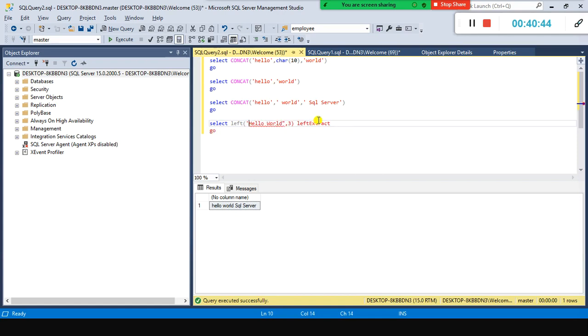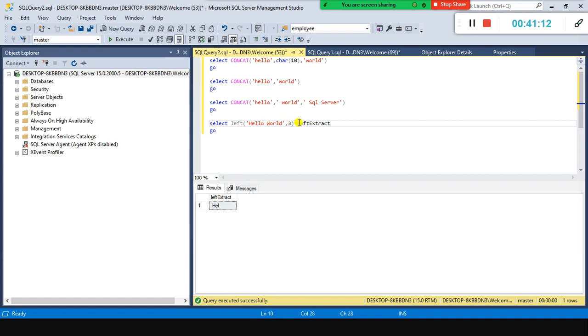If I use single quote, it is gone. It is not highlighting it. There is no syntax error. So first of all, let's try to understand what this LEFT function does. It extracted 3 characters from the left side of this string. So HEL.